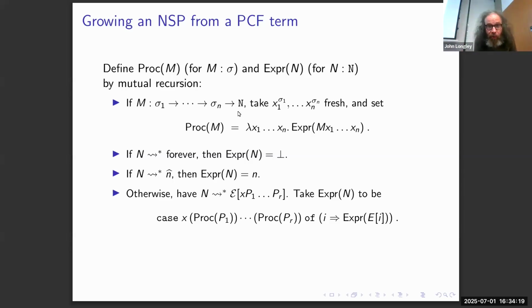So, for example, if we've got an M of this type and we want to know what its tree is, let's try feeding M some fresh free variables x and see what happens. We try to reduce this using the normal rules of PCF, carrying these free variables around. If that goes on forever, then